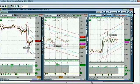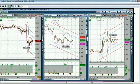Zoom on in. So we've had a little bit of movement. We had some early movement right there on the dollar franc. We had some early movement on the euro dollar. Not near as much on the pound. A little bit quieter. And we had a couple news reports. We had the U.S. GDP come out this morning. We also had a